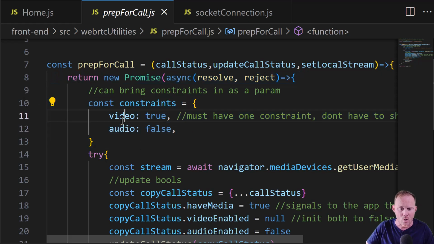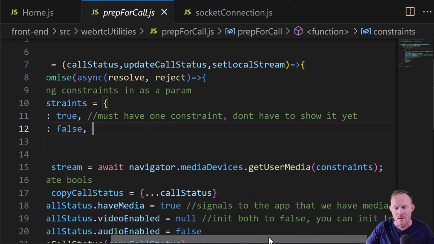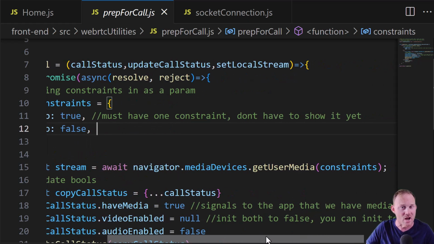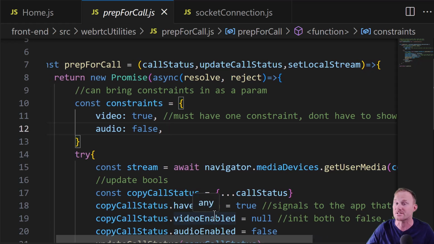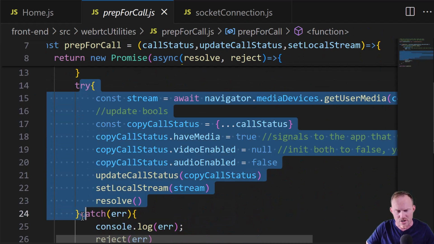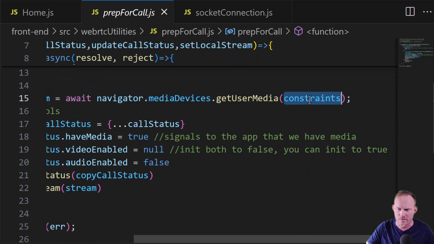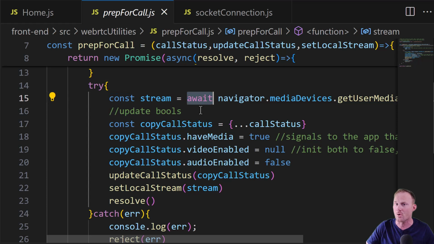We've got video as true, and I have audio as false because audio coming through tends to create feedback when I'm testing, and I don't want that. You have to have at least one constraint, but we don't have to show it yet. Just because this is going to show up in the user's feed, or I guess the user's video tag, it won't show up on the remote stream. What are we doing here? Well, we run a try, grab or get user media here with those constraints, and block the program until that